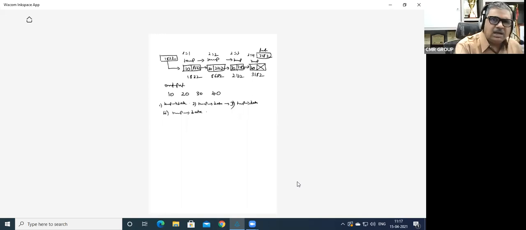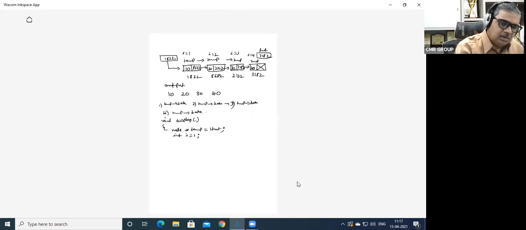I'll write the program: void display. I require one node star temp is equal to start, initialized to start. And I'll take int I is equal to 1. Anything else required?